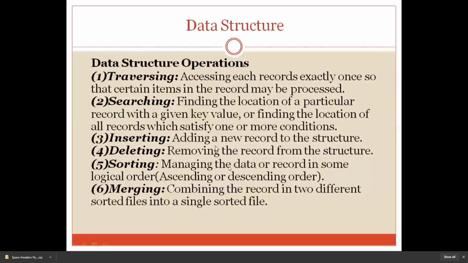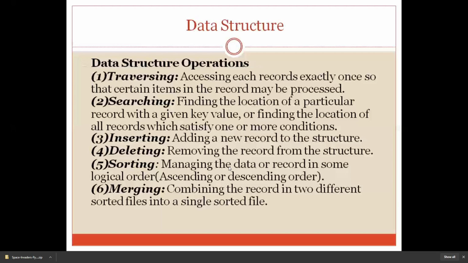first year. Next, merging. As the name indicates, merging is nothing but combining two different sorted files into a single sorted file. What is the meaning? If I have two arrays, array A and array B, and I have sorted them in a particular manner, say ascending, smallest to largest, separately. After sorting, as my program demands, I don't want two separate sorted files but a single file.